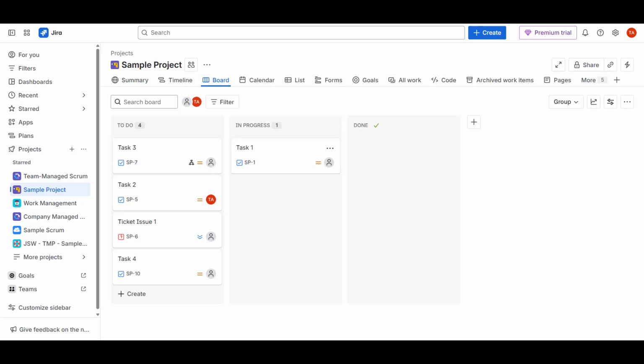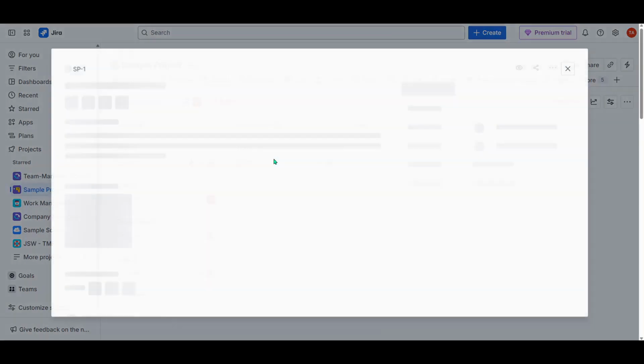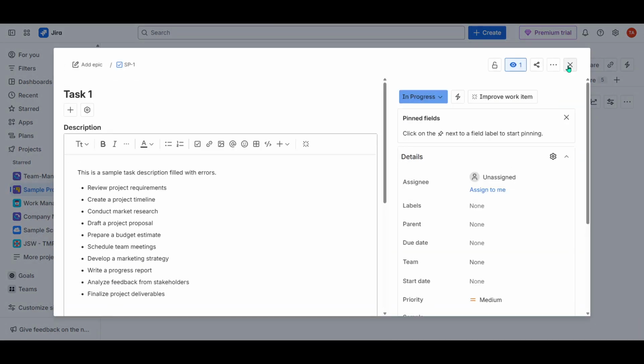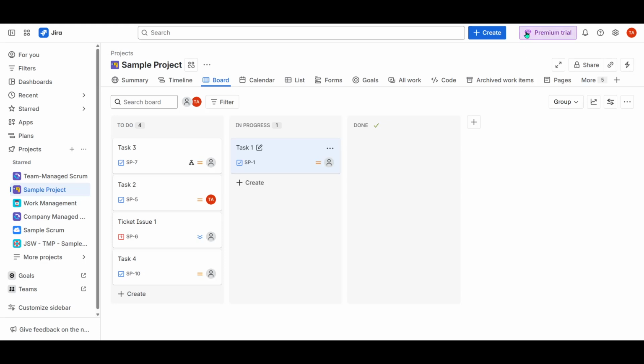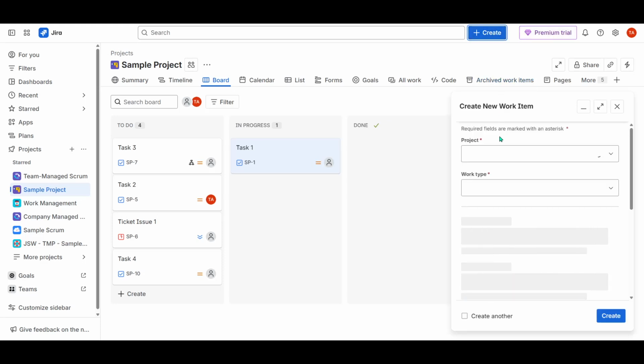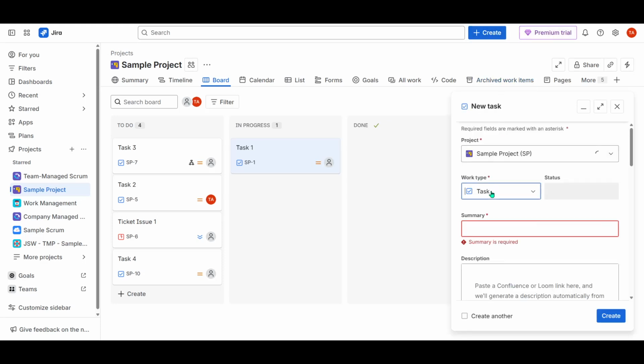In today's video, I'm going to teach you about the distinction between a story and an epic in Jira. Understanding this difference is crucial for effective project management and agile workflow organization. Let's dive into it. First, let's talk about what a story and an epic are, and why they are essential